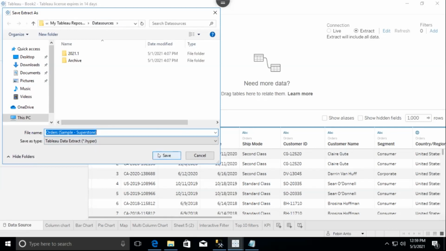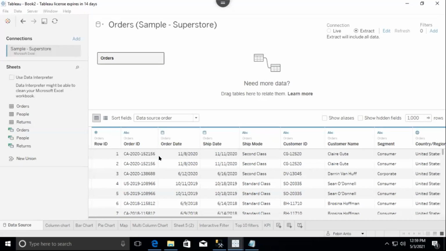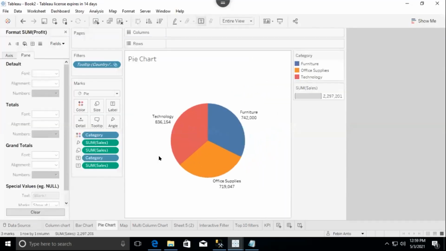After extract, go to any sheet, sheet 1, sheet 2, sheet 3, and click on the Save button. And again, click on this button here.